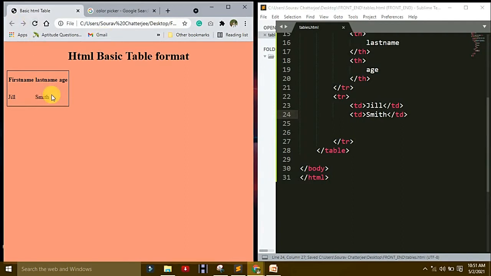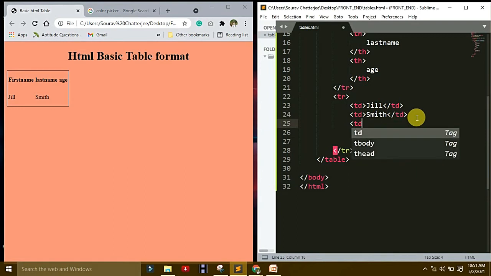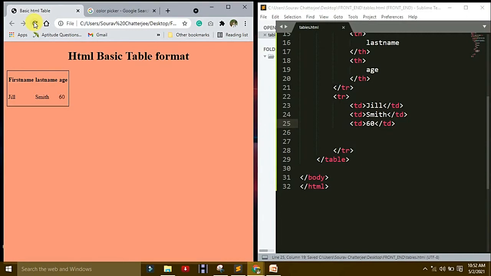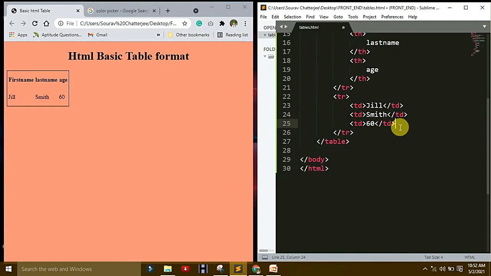You see this last name is Smith, and now age, that is 60 or 50, anything you want. Refresh it, same. Make another table row. Copy from here, it is better.